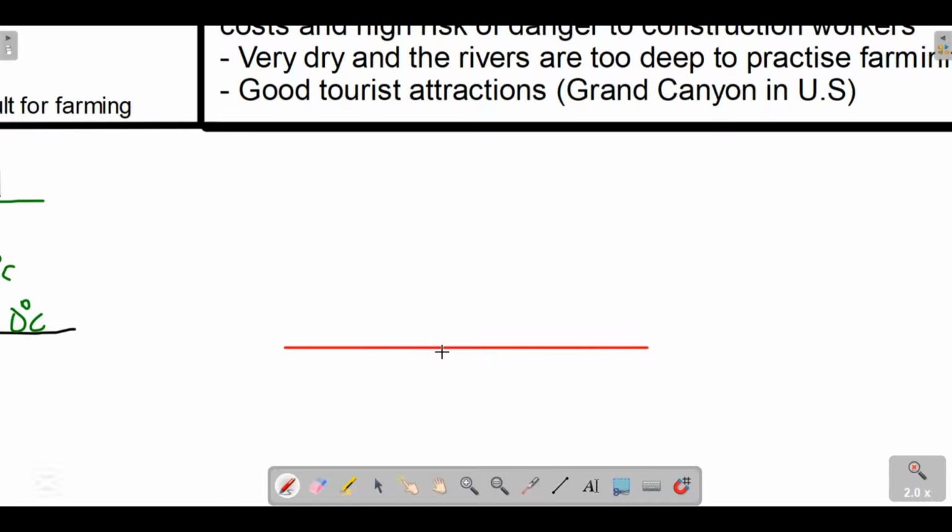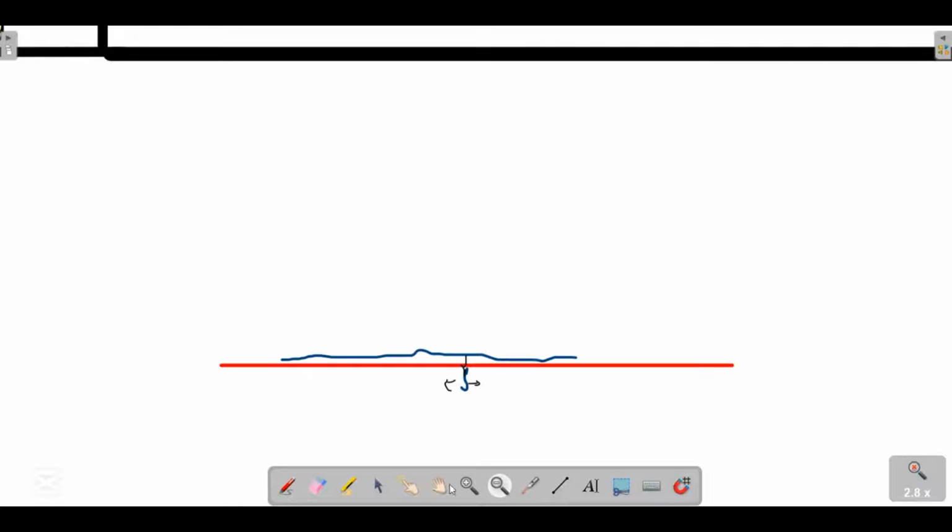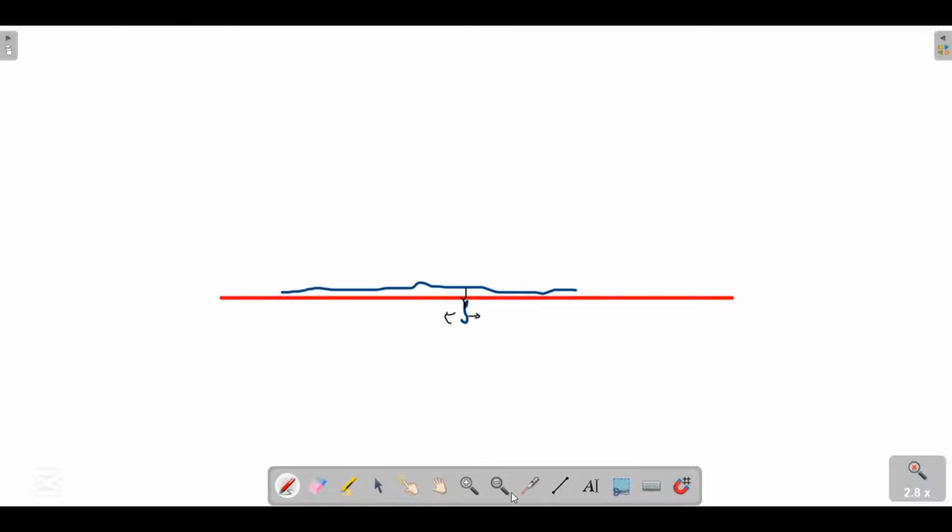Now, running water finds weak spots or maybe joints or cracks. Okay, maybe there's a crack there, right? And now you have running water. Water is running on top of this. And because there's a crack here, this water is able to get through that crack, and sort of open this wider, right? So it erodes this, it takes advantage of that crack,